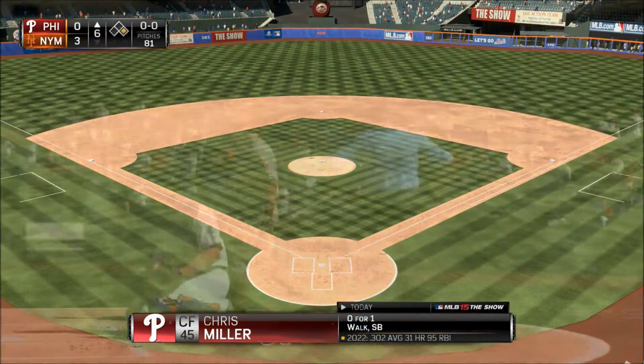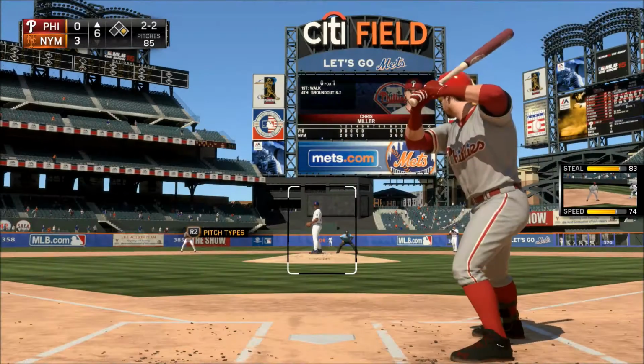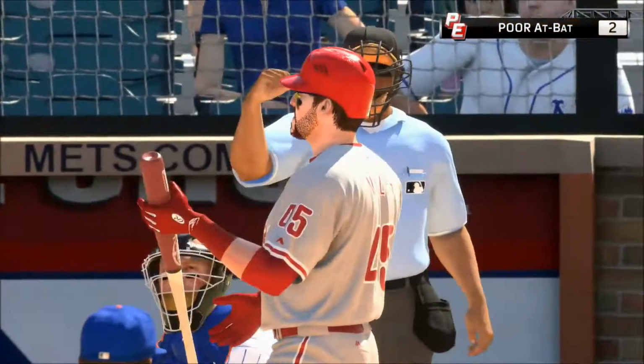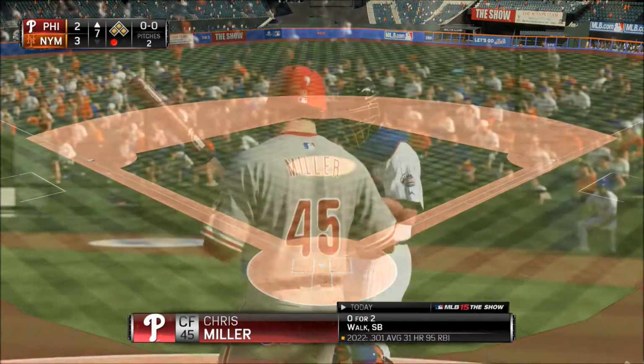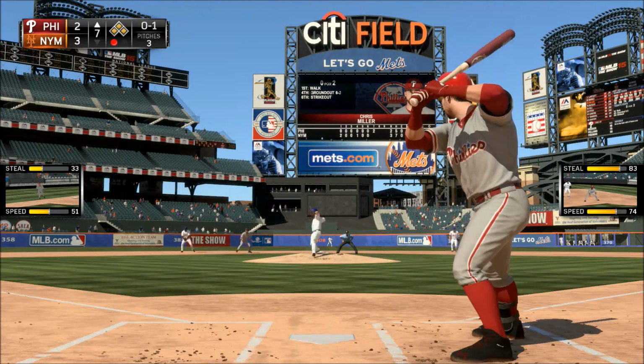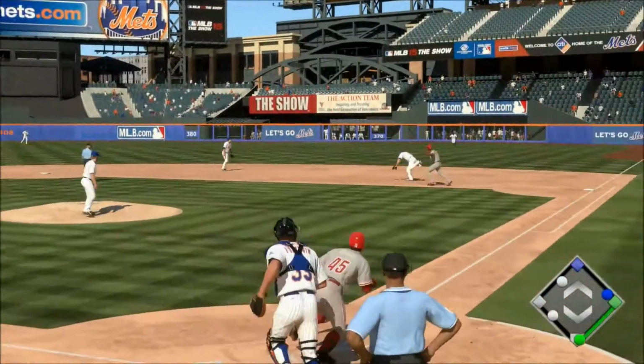And Chris Miller will stand in, and Steve will. Getting a rally started. This is the guy right here. Got him swinging on the split. Chris Miller so far. It seems like it's been a growing trend so far, but man, you just got to